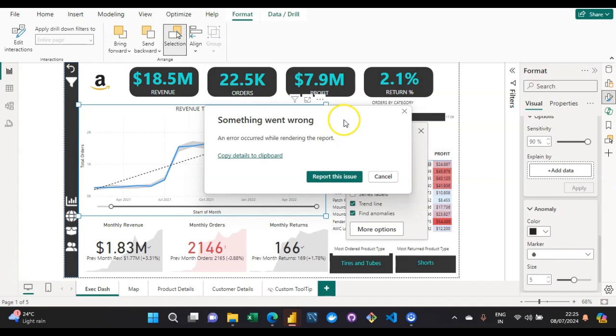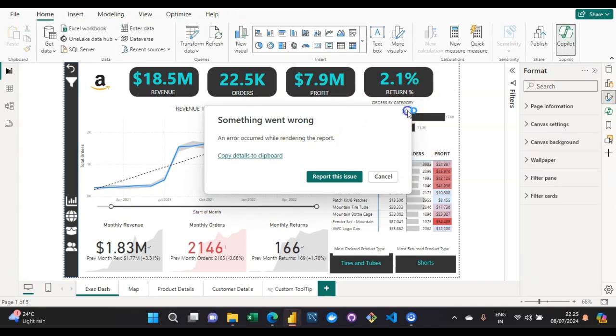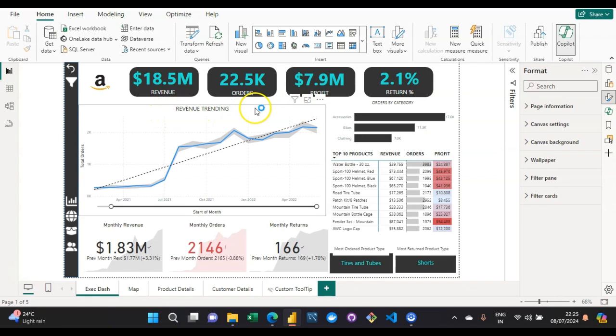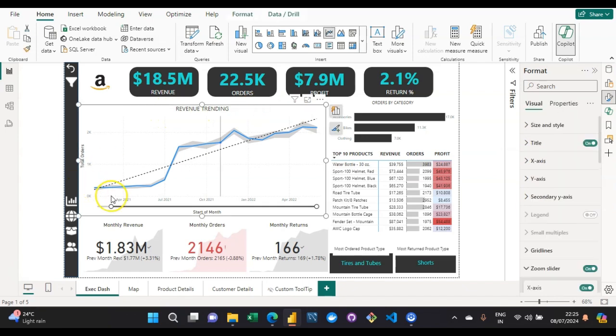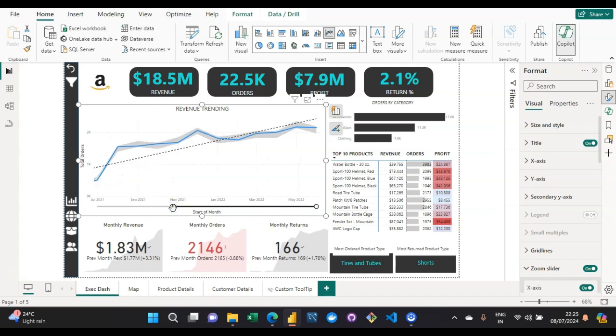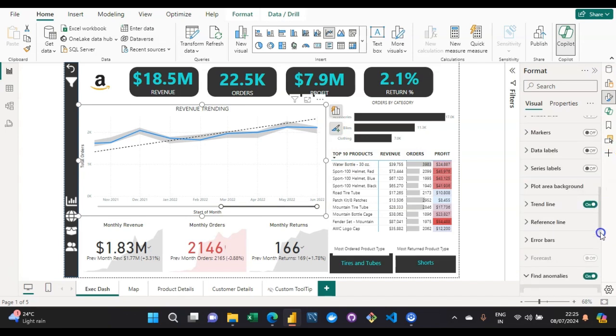Okay, there's an issue over here. Let me fix it and let us see what we are getting after this. Okay, with respect to my revenue trending, let us see if I'm able to get any anomaly at this point. Okay, still in the shaded area, we are getting all of the complete graph, right? Just because the values in the line are under this shaded area itself, that's why we are not able to figure out any anomaly. That is completely fine. That is not exactly an issue.